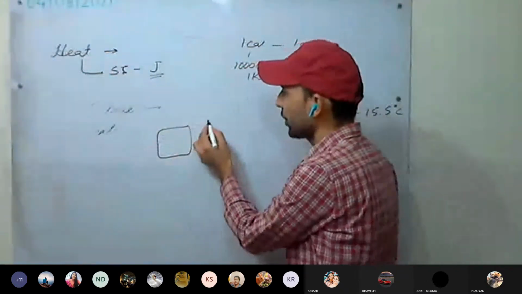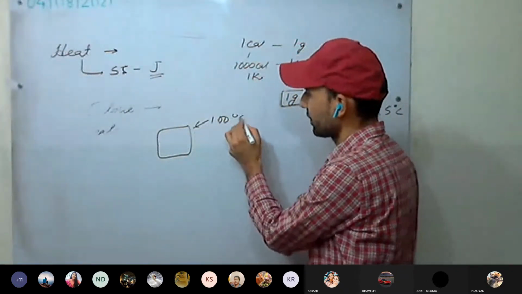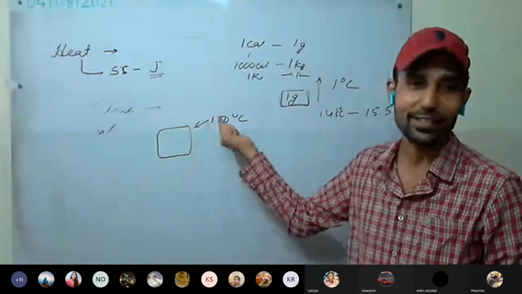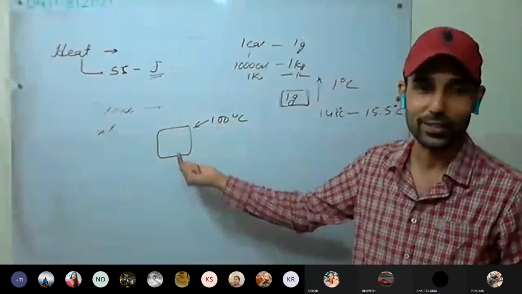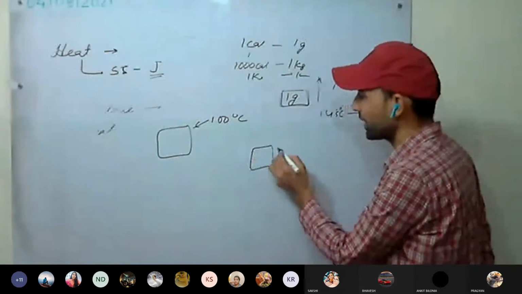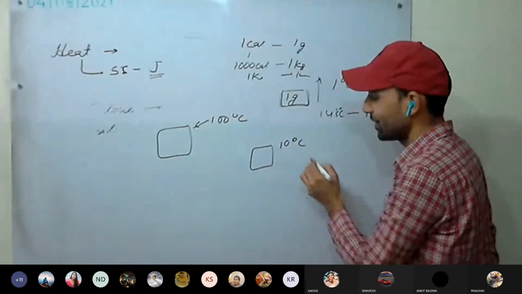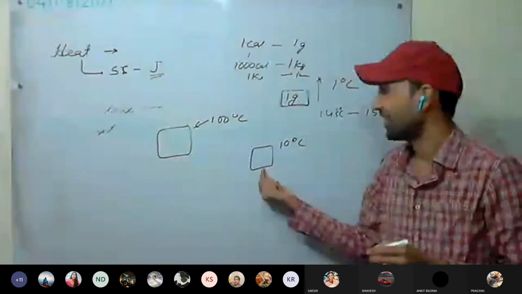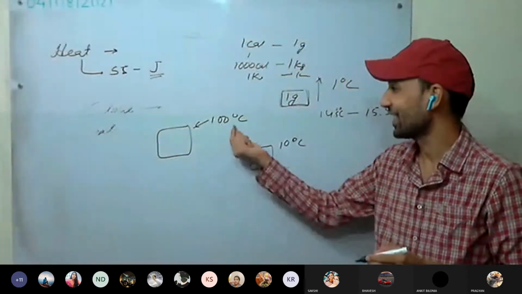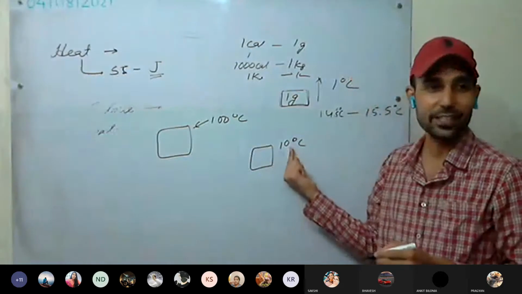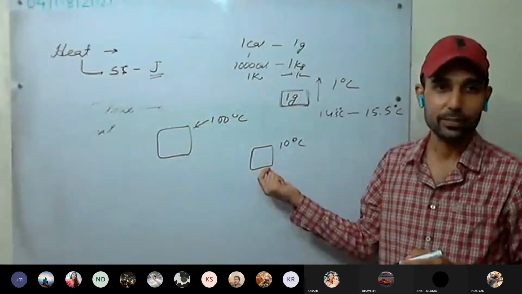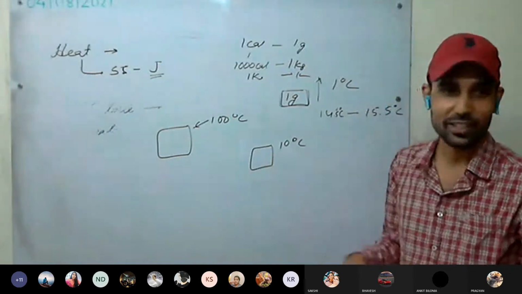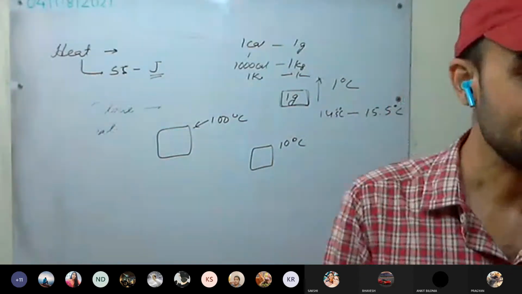For example, a body is there. If I say it is at 100 degrees Celsius, are you going to touch it? No, because you know its thermal state, it's 100 degrees Celsius. It's very hot. Our hand will burn. Are you going to touch with your head or hand? Hand. So if the body is at 10 degrees Celsius, it is telling the thermal state of the body, that it's cold. We can touch it. This is the thermal state.